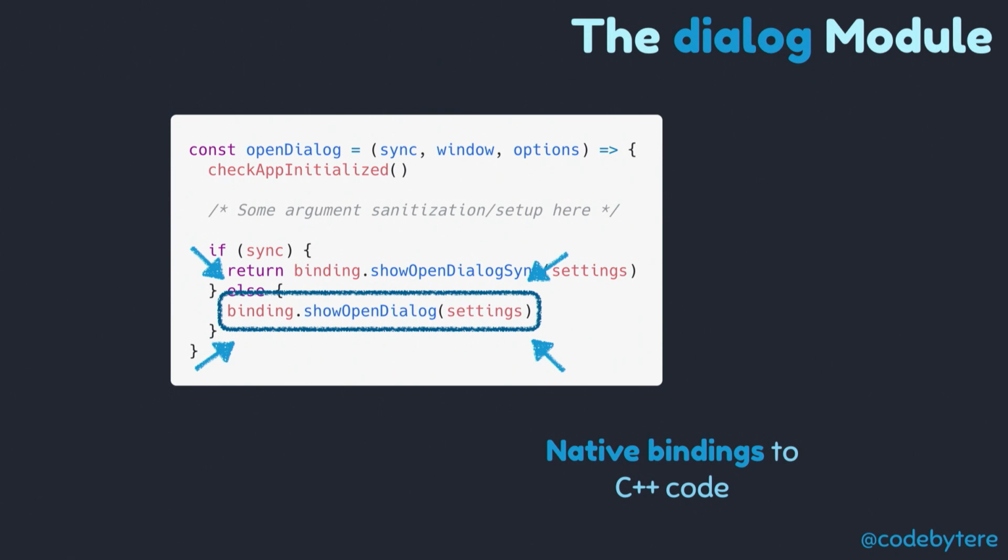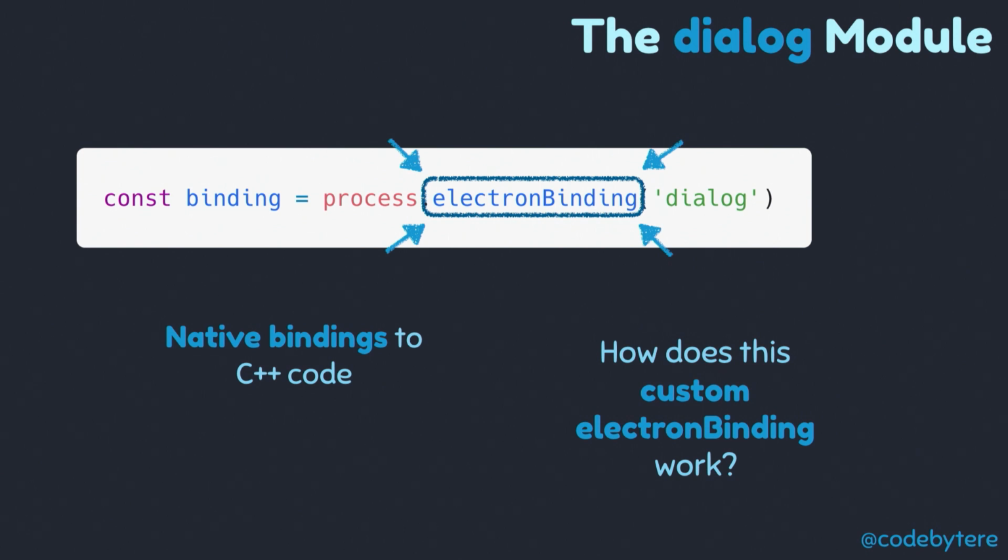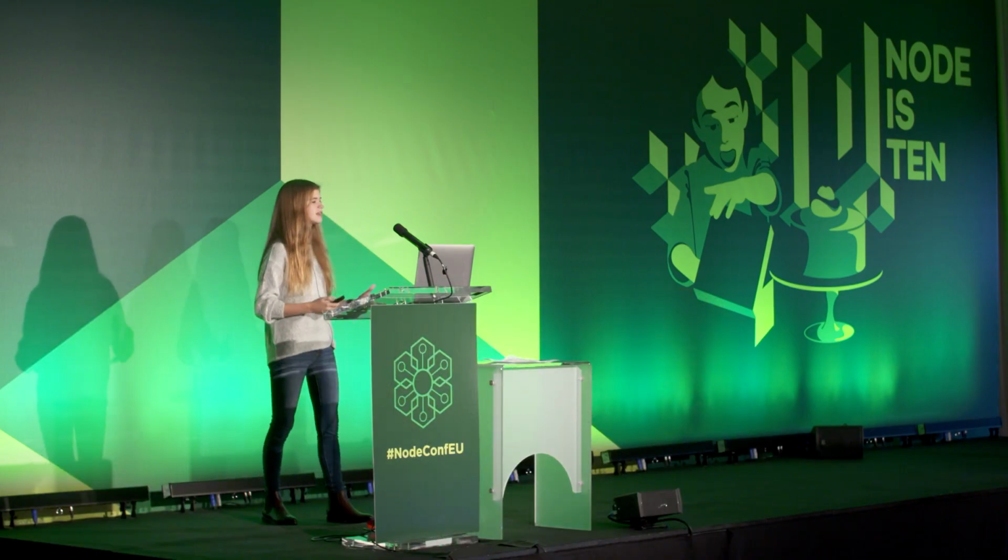binding.showOpenDialog. This brings us to our next stage of implementation, bindings to C++ code. If we go and find the declaration for binding, we're confronted with another new and unfamiliar function, process.electronBinding. This is, in practice, what it might sound like, a binding of C++ code to JavaScript so that we can call into that native code from JavaScript. What is this thing, and how does it work? To understand how process.electronBinding works,